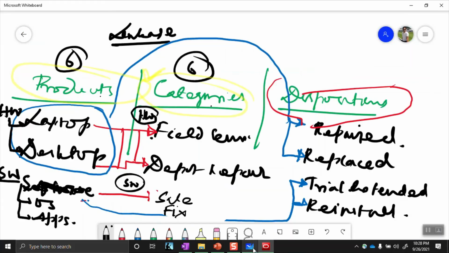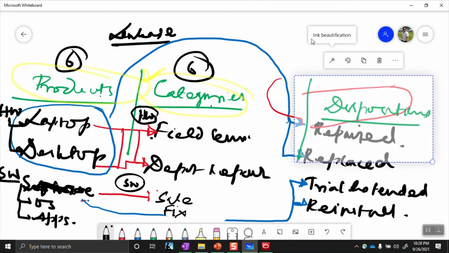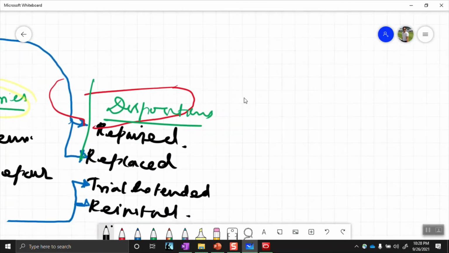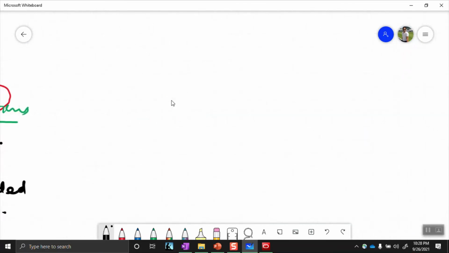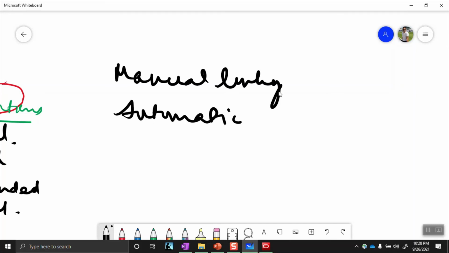So basically what I'm trying to say is, there are two types of linking that we can do. One is manual linking. Another is automatic linking. Manual linking is something which we have just seen.